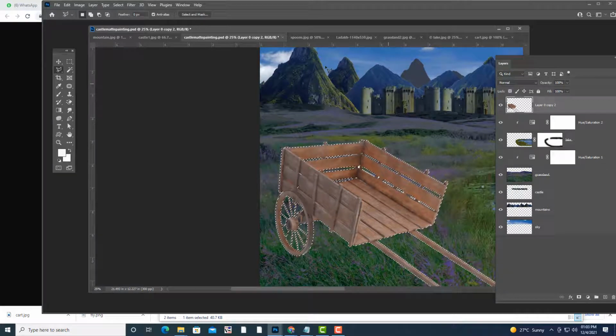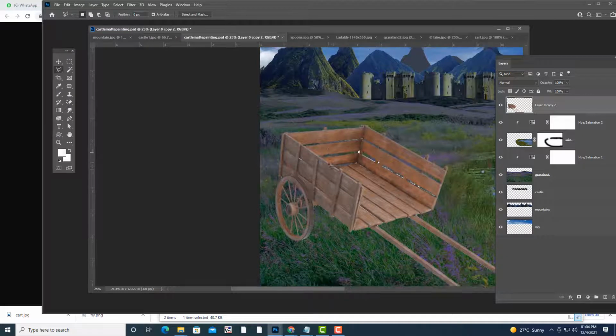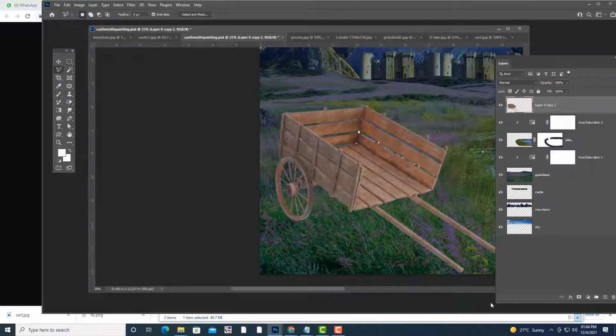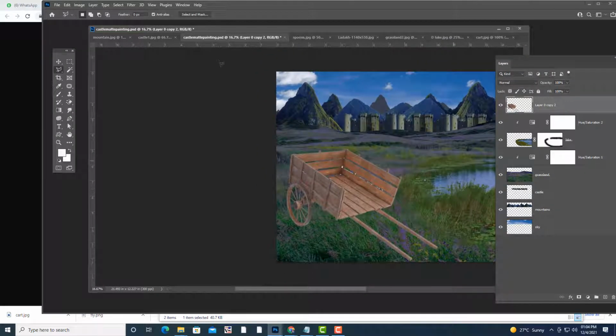What is the next step? Inverse and delete. See, we have removed in some places. Okay, so now it's okay.